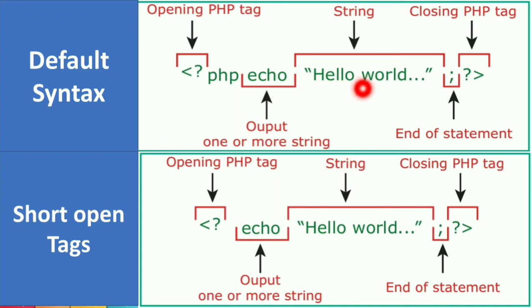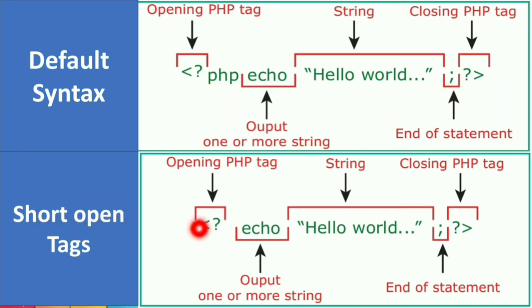So here we do have an output statement. This is echo, which is output, and we do have a string. String means we have to mention it inside double quotes. So whatever you want to print, you type inside the double quotes and finally end up with a semicolon. This is the end of that particular statement. So every single statement is terminated with a semicolon. Terminate means end.